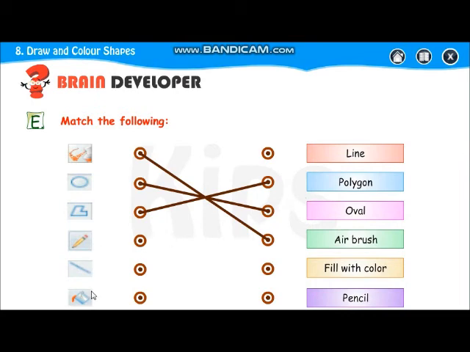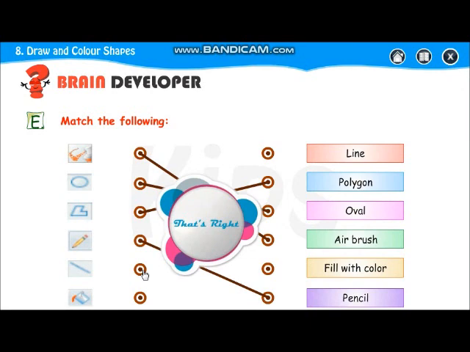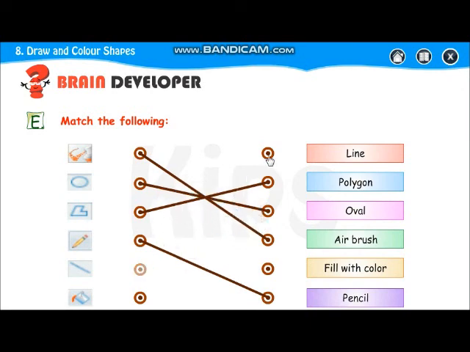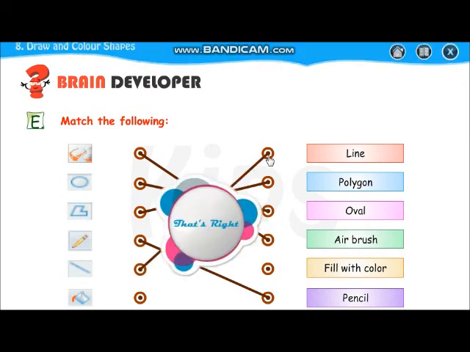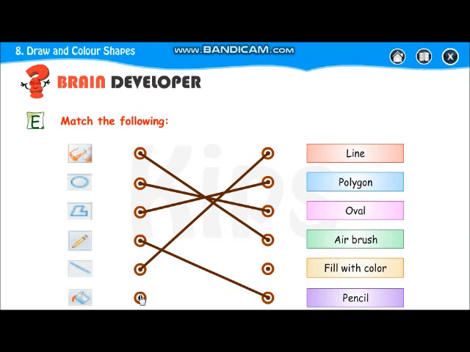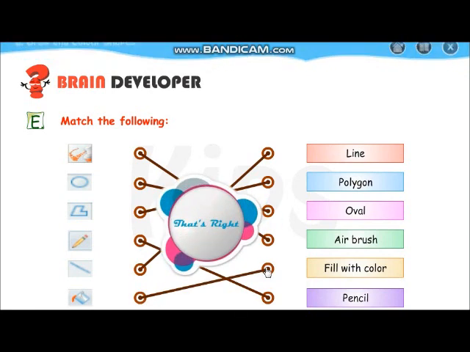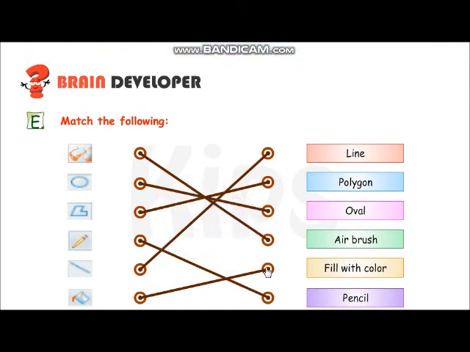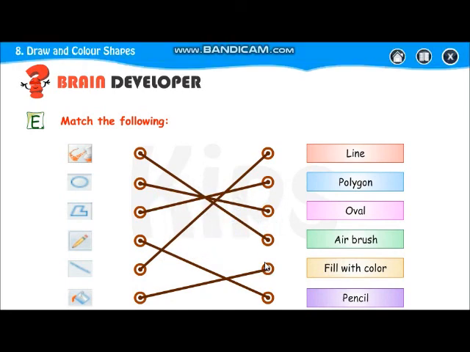So I am drawing a line here. Pencil. This is your pencil. This is your line. Okay, on the top. And this is your fill with color. So do this in your book.